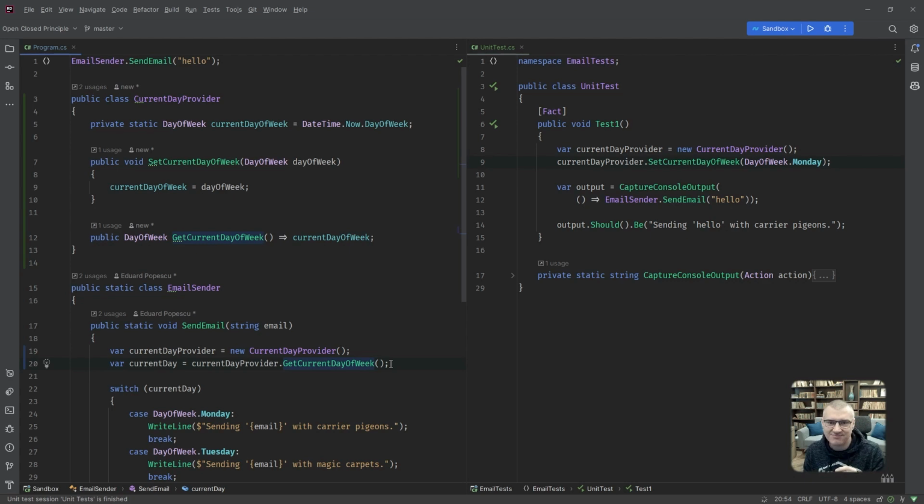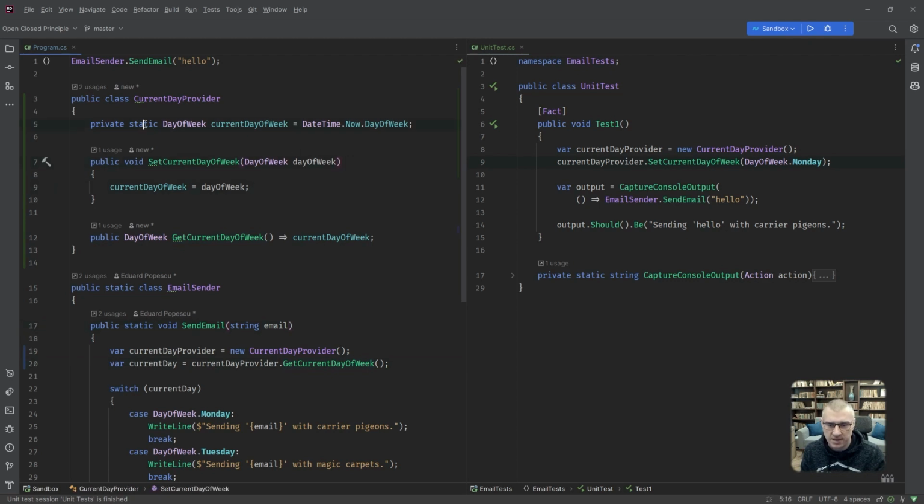That's not good, because we're using static variables as a means of coupling in pieces of code which are not obviously coupled. Okay, and that's bad. That's really bad. Okay, don't do that.